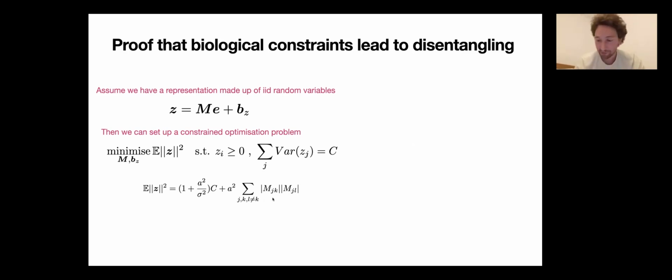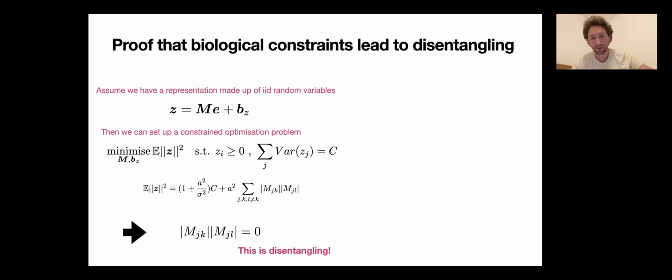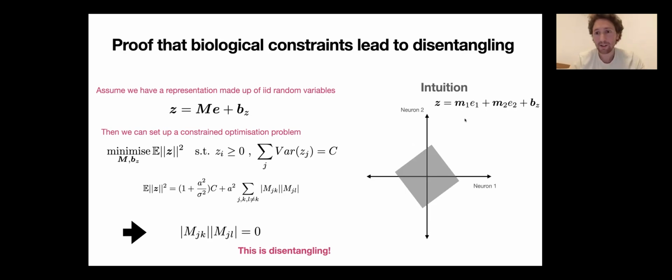This is what we get just from those axioms. And so the best way we can optimize this neural representation is for each neuron to only care about a single random variable. That is disentangling. So a bit of intuition about why that comes about. Let's say, for example, we have a representation that just cares about two of these random variables, E1 and E2, and so that says that we're going to have activity that lies